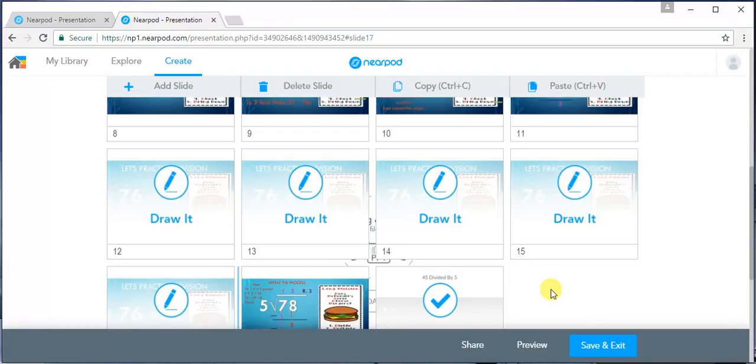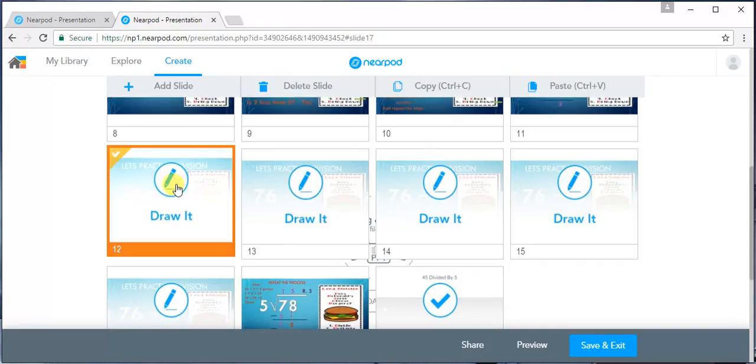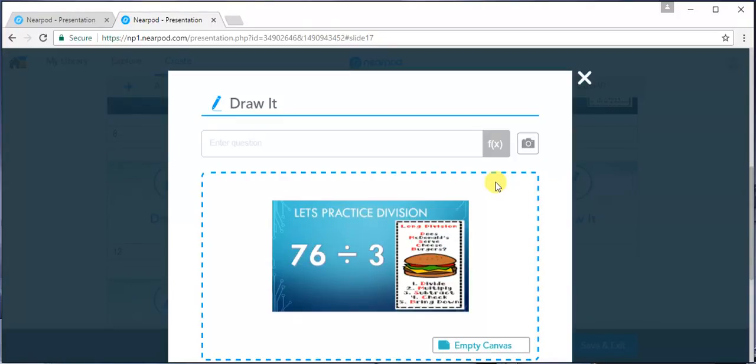Now for my independent practice, I'm going to use a Draw It application. And this is simply where I implemented a picture. You can add a question in here. Was it 76 divided by 3? Oh, 3. And I took a picture or I did a screenshot of the actual question